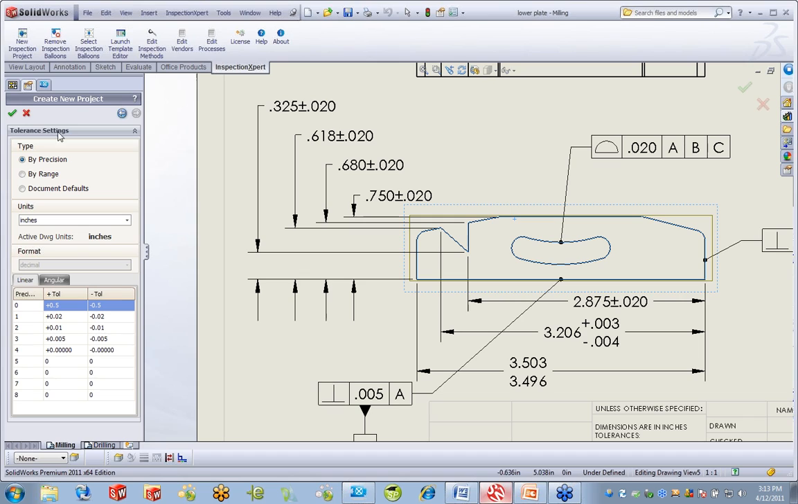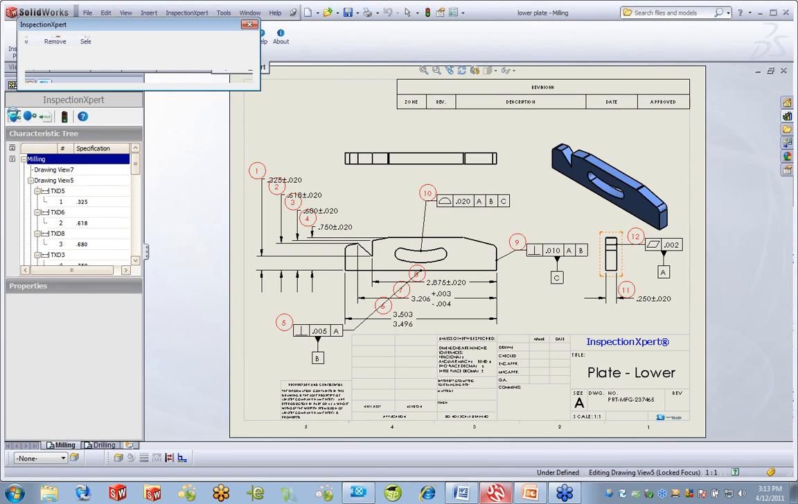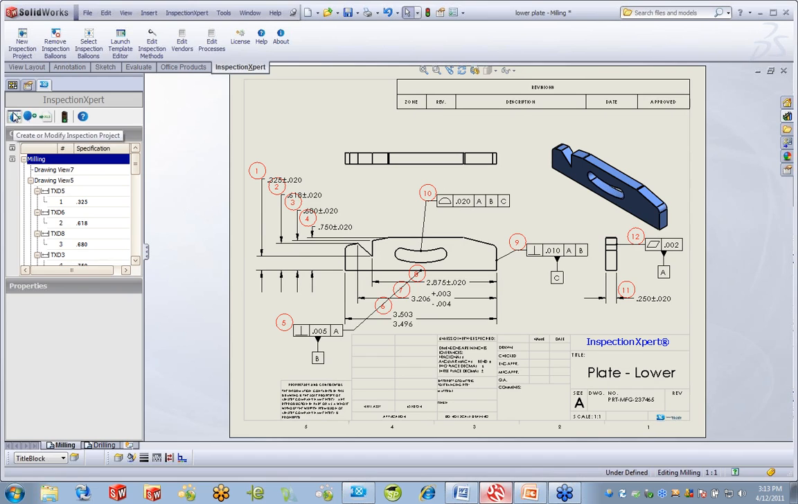Now from this point, I want to create the balloons based upon everything that I've specified. I just hit my little check mark here. The system's going to go through both pages of the drawing. The balloons are automatically added based upon what your font size is in your tools options under balloons. And you'll see you'll end up with a characteristic tree based upon what we've specified